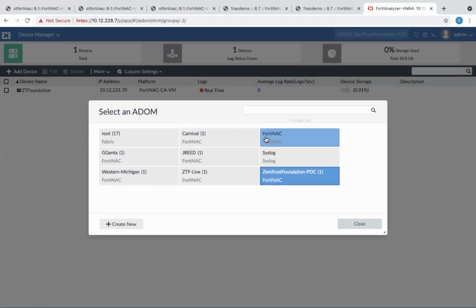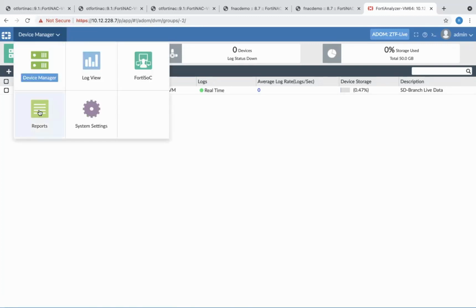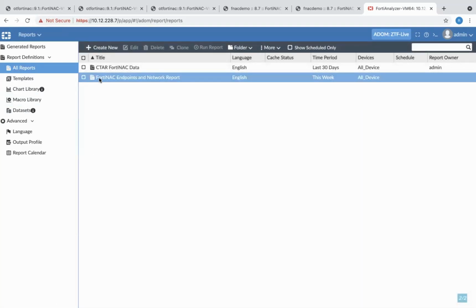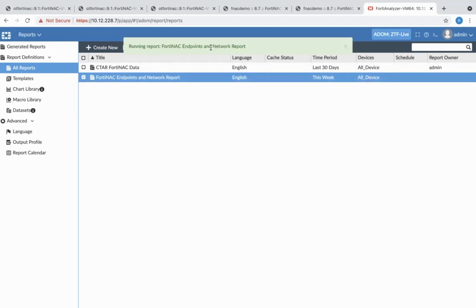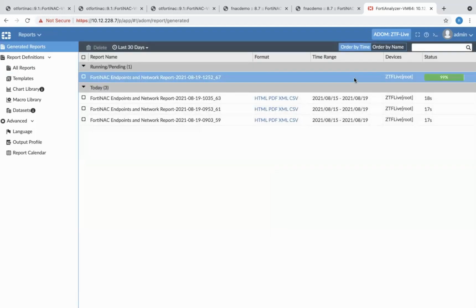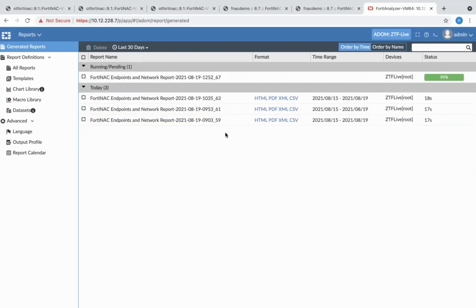To see the actual reports, I'm going to click on a different ADOM that has actual data and reports in it. We'll go to reports for that ADOM. All reports. We'll select the FortiNAC endpoint and network report. Run the report, and we'll let it finish. We can also look at generated reports. You can see the one we just selected is finishing. There's 3 other previously generated reports. So if I look at the report in PDF form,